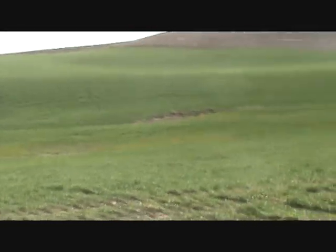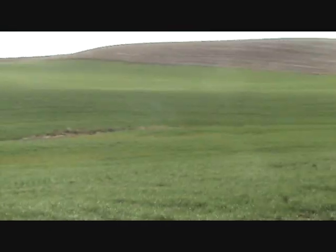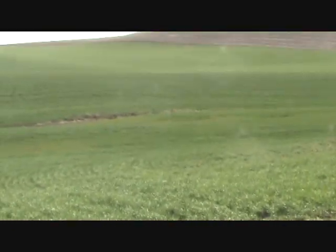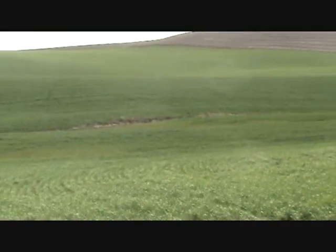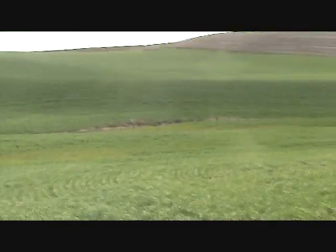Just in case you're curious, a lot of people want to know where exactly their food comes from and what inputs are put into it, and we'll be letting you know about that if you keep watching these little clips on the blog spot, josephsgrainery.blogspot.com. Anyway, we're driving right up into the field where we planted spring barley this year,